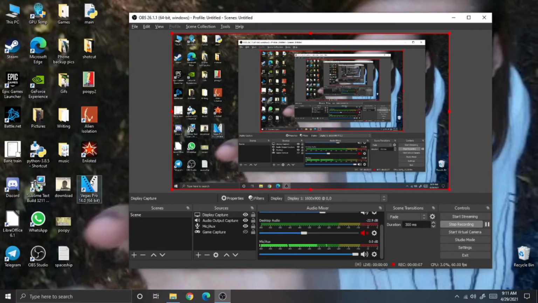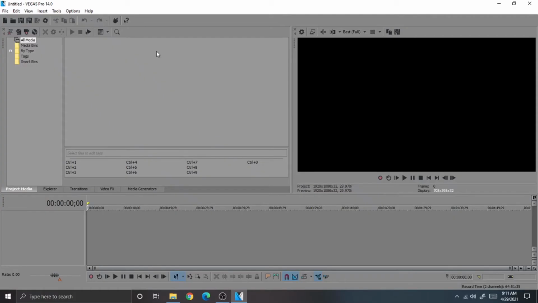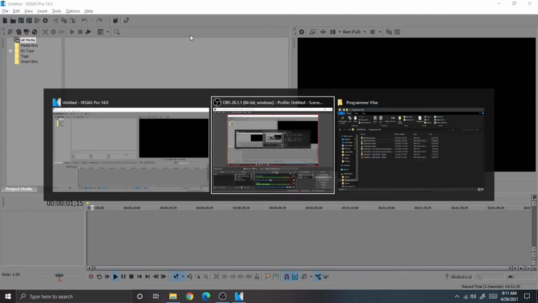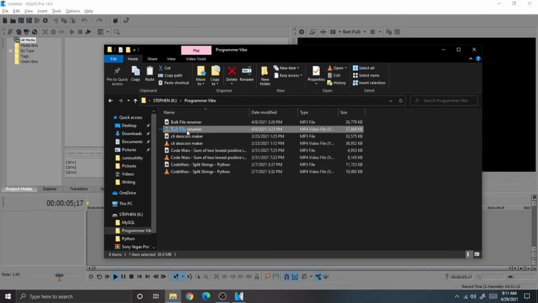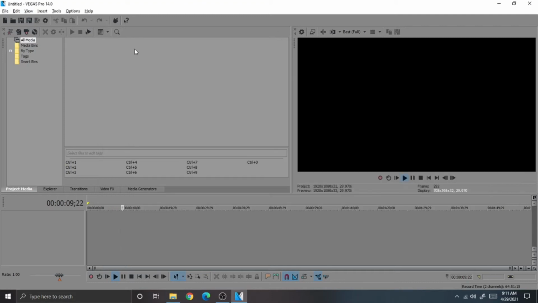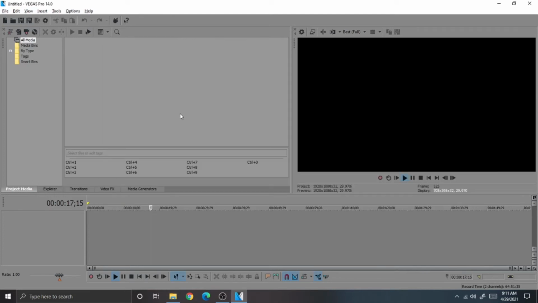So first off, you want to open up your Sony Vegas Pro. Once it has been opened, you can go to your file manager and drag the audio and video file into the box right here. If you don't have an audio file, then it's probably along with the video file. So you can just select both, drag it in,